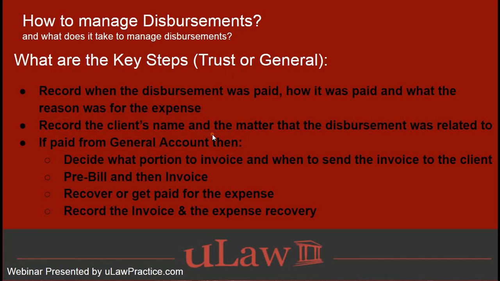Moving on to the other aspects of these details. So you've recorded the date, you've recorded how this disbursement was paid for, and very important is what was the reason for that particular disbursement. Okay? So if it's an actual, that's great, but what was it paid for? Was it a court fee? Was this an application fee? Was this any other fees related to that particular matter? If it was photocopies, then how many of those photocopies? So really, what was the reason for that expense?